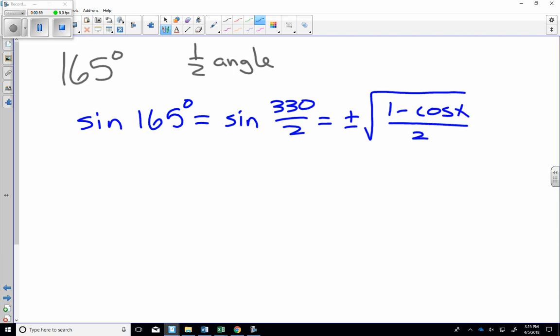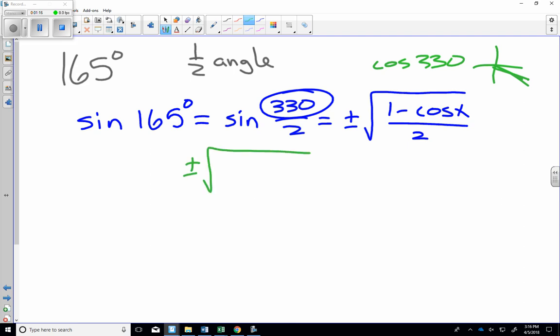In this case, our x is 330 degrees, and cosine of 330 degrees, which is this angle right there, is a positive square root of 3 over 2. So you're going to have plus or minus the square root of 1 minus the square root of 3 over 2, over 2,